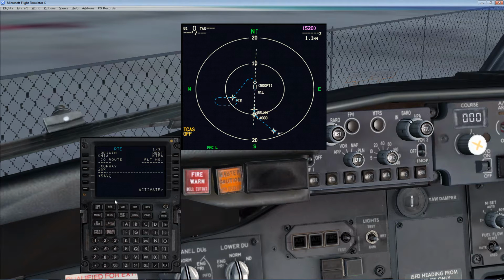and we're going to next page, because our route called for a jet route to be placed in there. You don't place your jet routes in the legs page. You place your jet routes in the route page. So any time you see in your flight plan you have jet routes, place them in